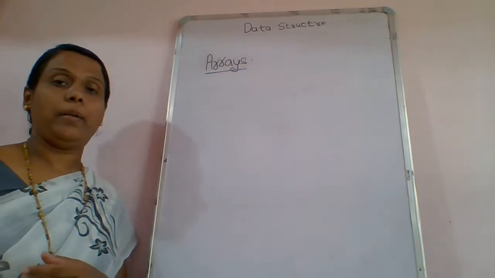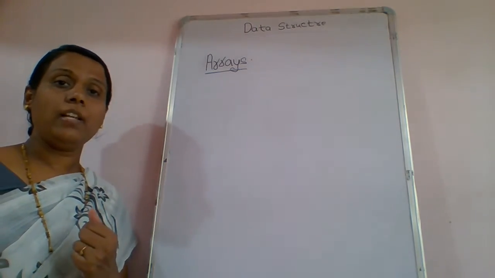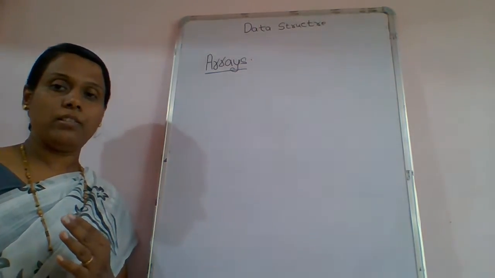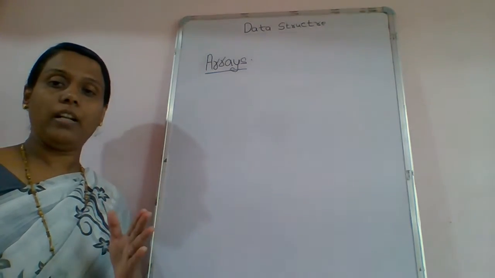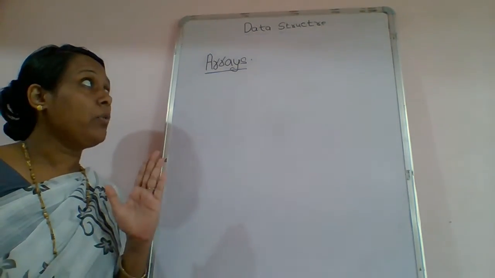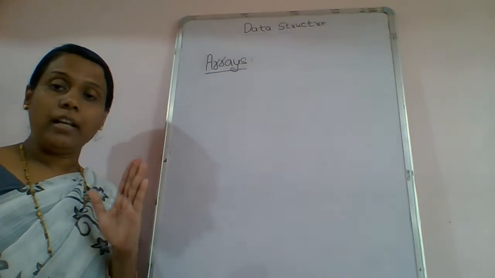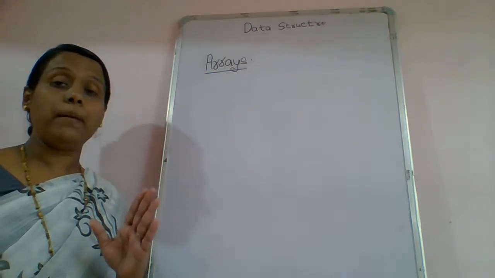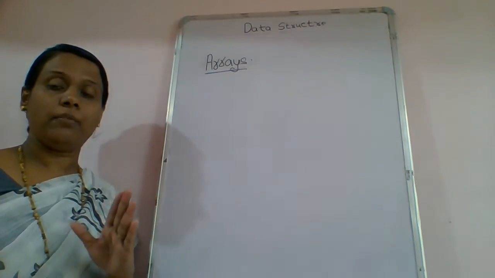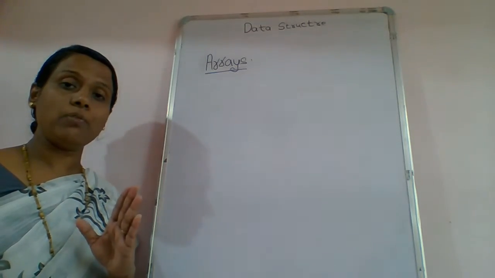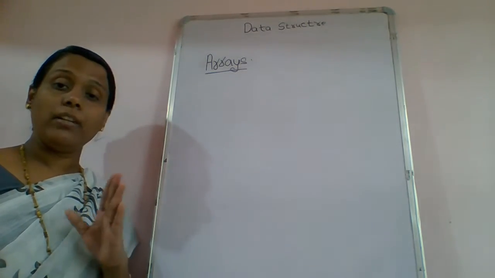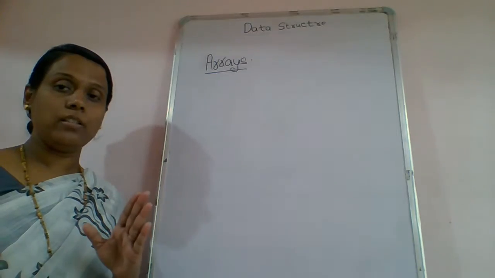Today we will see the array. What is an array? It is one of the data structures in which we can store data. Now, how do we store data in an array? In an array, we can store data of the same data type: homogeneous data, finite data. Homogeneous means what? Data having the same data type is called homogeneous.